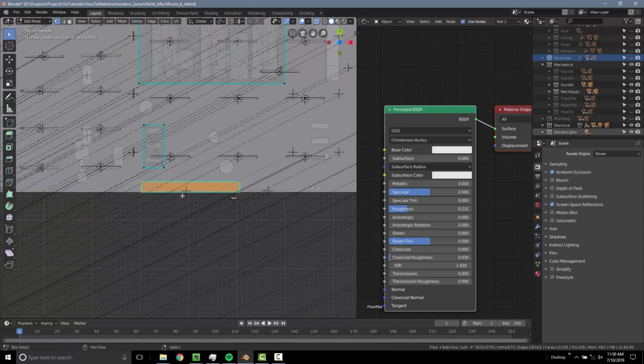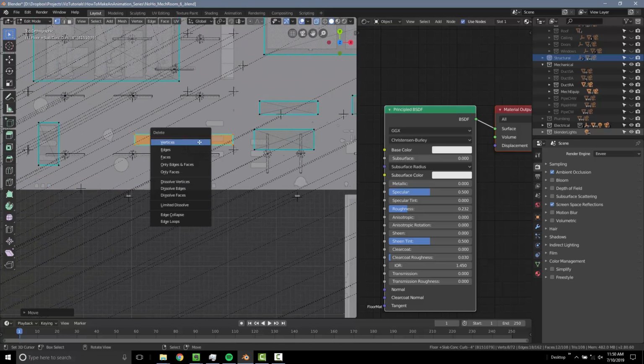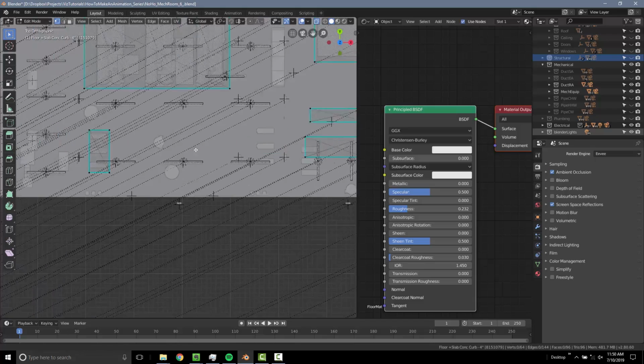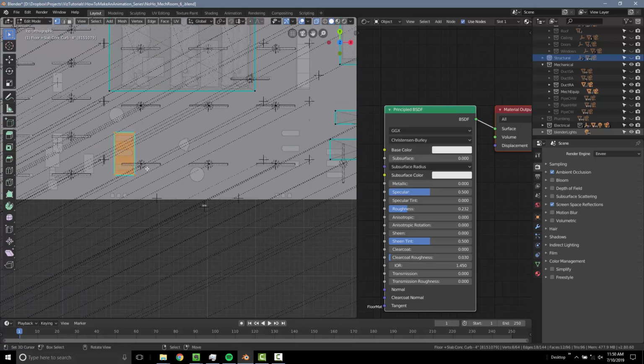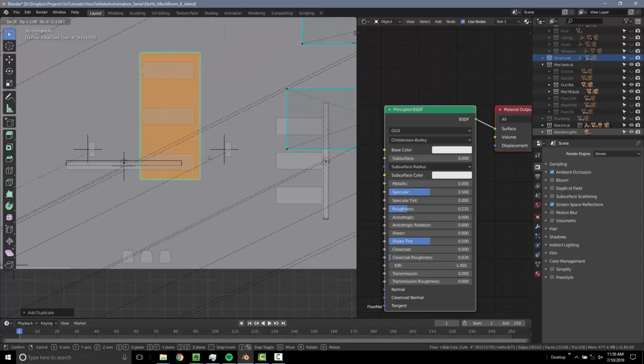So basically I'm not sure what this one is supposed to be for. Maybe these guys. I'm actually just going to delete that. So I'm going to hit X, delete those vertices. I'm going to select these, hit Shift D, X, move them over. For these pumps,